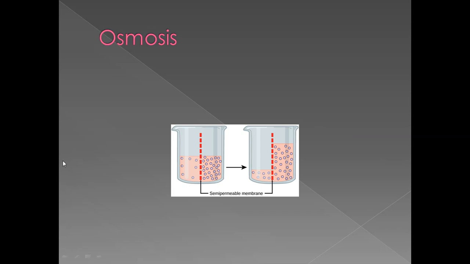This is the picture of osmosis. You find the level of liquid in this first figure is equal. Solute is less here. Solute is more here. So water has a tendency to move from its higher concentration to its lower concentration through a semi-permeable membrane. So next, after a few seconds or minutes, you find